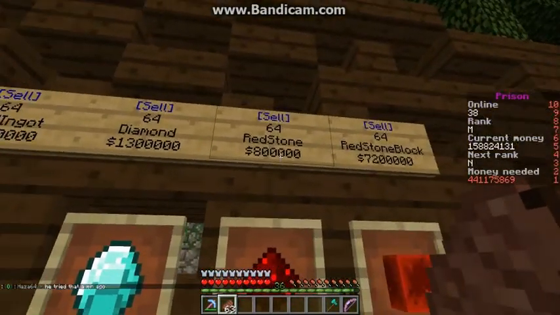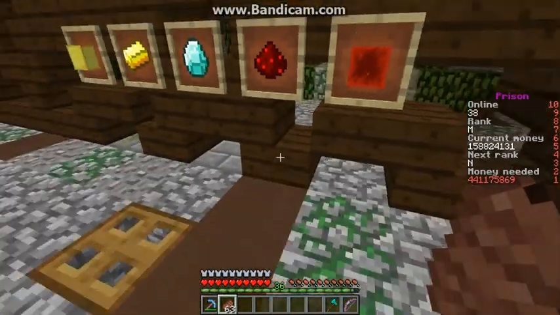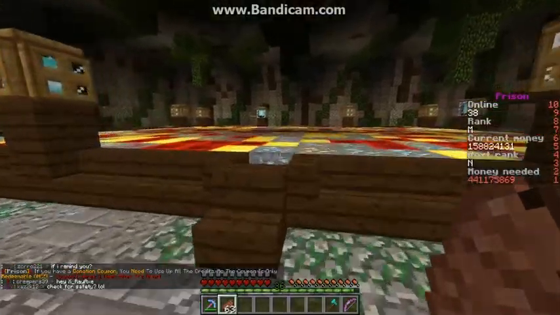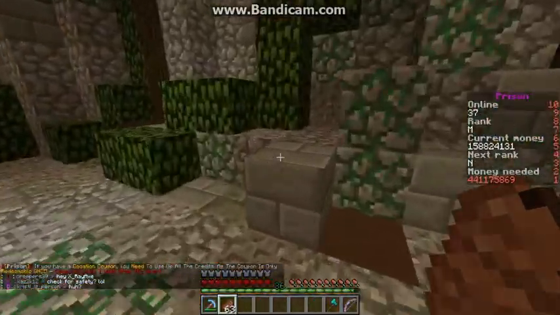It's like 1.3, 800k, and 7.2 mil. Relatively quick money. But if you see over here, I only have 158 mil, and I need 441 mil. Now, the one thing with servers that are like this, that are OP,